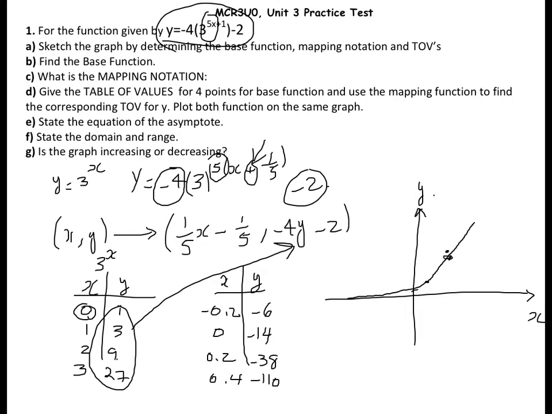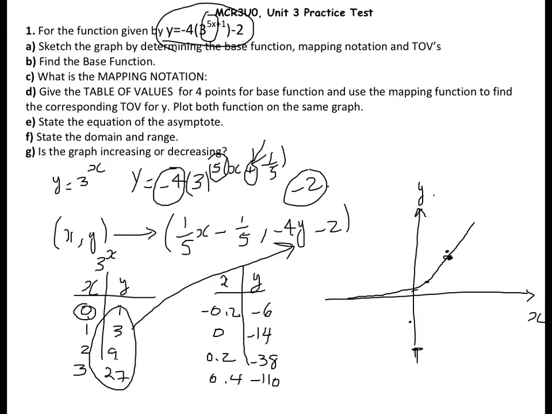And it goes through this point. Now for the next one, when x is negative 0.2, y is negative 6, so it's going to be somewhere around here, roughly. When x is 0, y is negative 4 minus 2, which is negative 6, I mean negative 14, which is going to be somewhere around here. And if x is negative infinity, let's say, then you are going to get